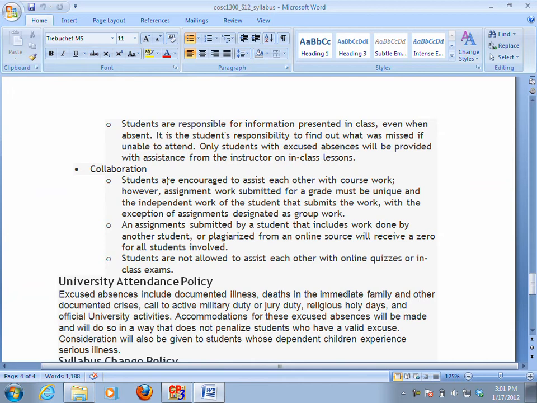Collaboration. Students are encouraged to assist one another in coursework. However, assignment work submitted for a grade must be unique and independent work of the student that submits the work. That is, it's okay for students to work together on these assignments, and we encourage students to work together. But what's not okay is to copy